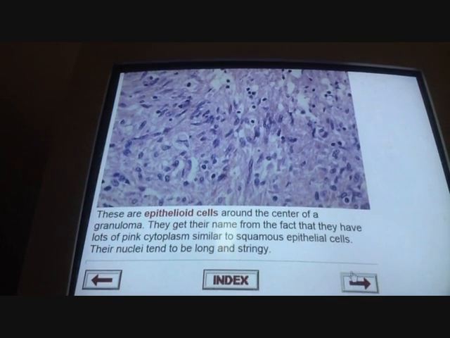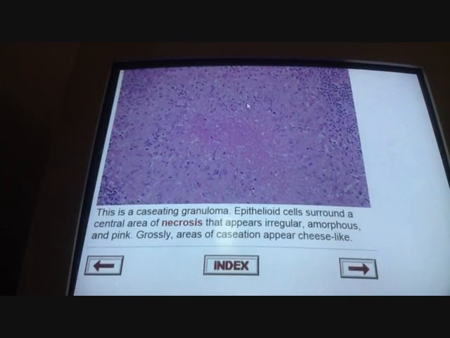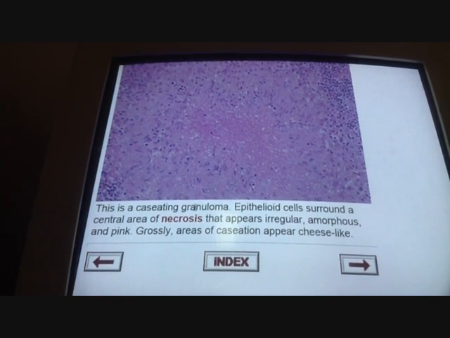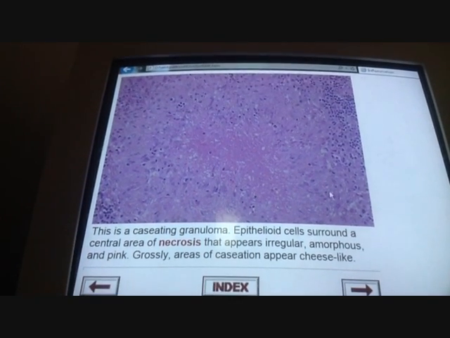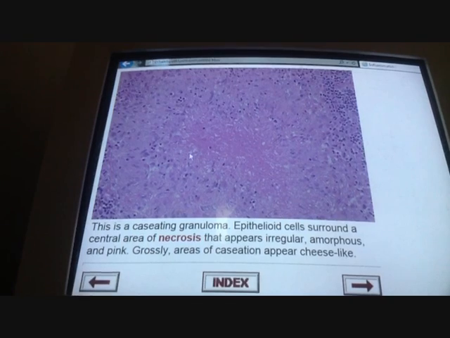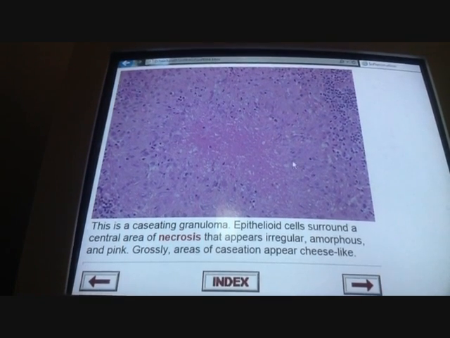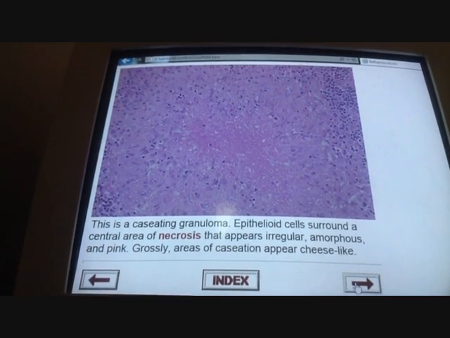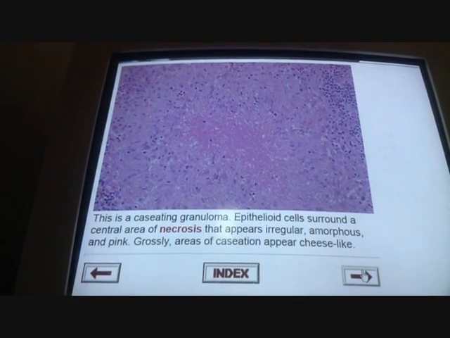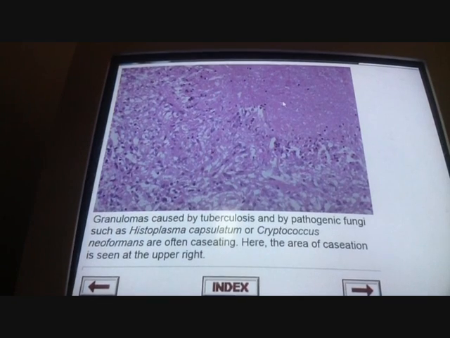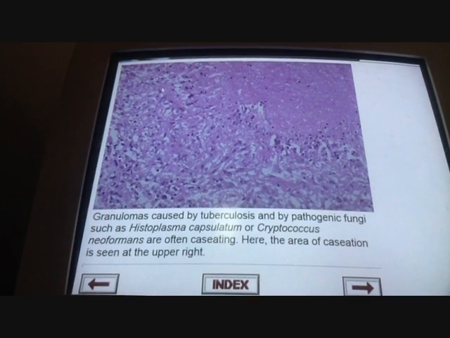Those are epithelioid macrophages. Here we have caseating necrosis. This is a granuloma. This whole image is for a granuloma. And in the center, this pink amorphous material is the area of caseating necrosis, as we could find in tuberculosis. This is again an example of caseating necrosis. This area of the right upper corner is the area of caseous necrosis, and here we have the rest of